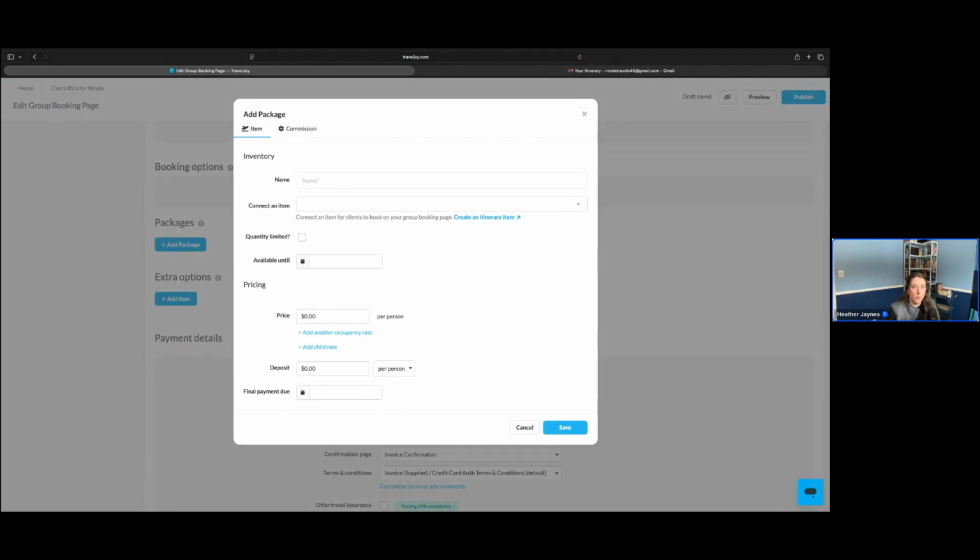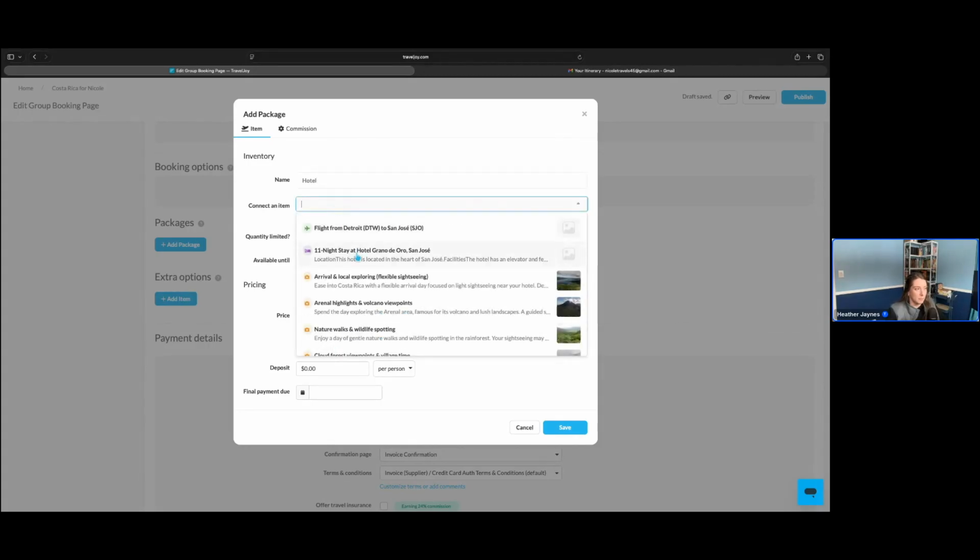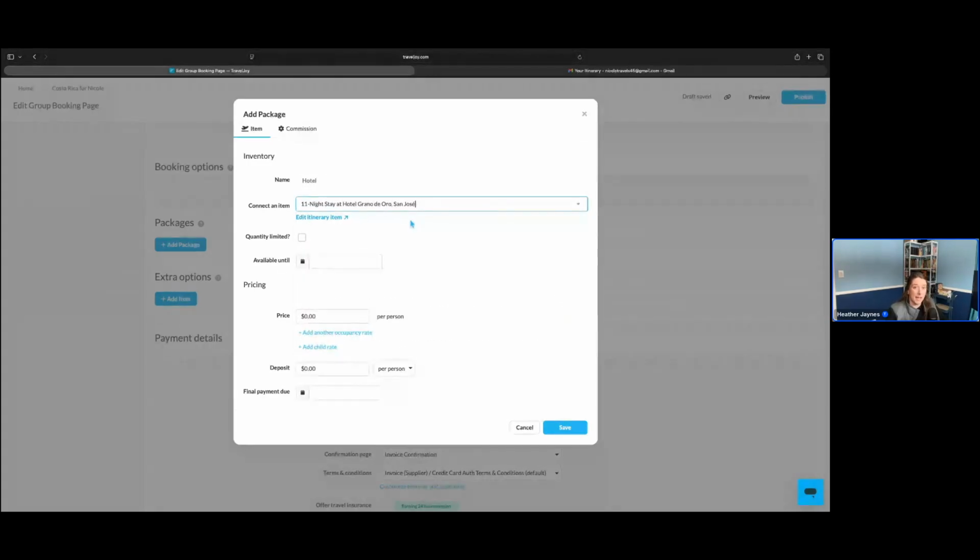So for my group, we have only one package that we're offering. For you, it might be a little different. Packages are typically going to be the type of rooms or cabin options that you are offering for your travelers to book from. For my group, we only have one, and I'm just going to name it Hotel. Because I have a group itinerary connected, we're going to connect an item from the itinerary to this package.